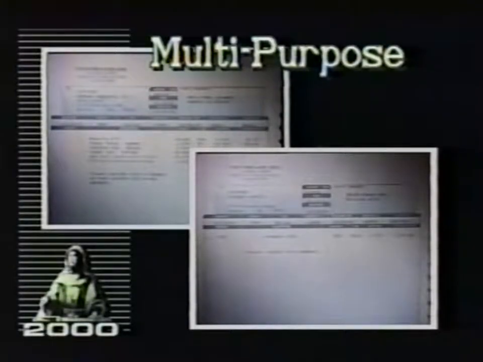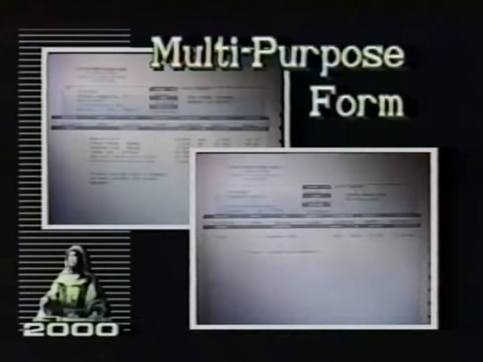This is an especially easy task when you use the multi-purpose Pacioli 2000 form. With this form, all you need do is load your printer and let Pacioli 2000 do the rest. Most of the forms you have created during the day can be printed on this multi-purpose form without you having to do any switching. In fact, the only time you'll have to change forms is on those days you want to print checks or run statements.